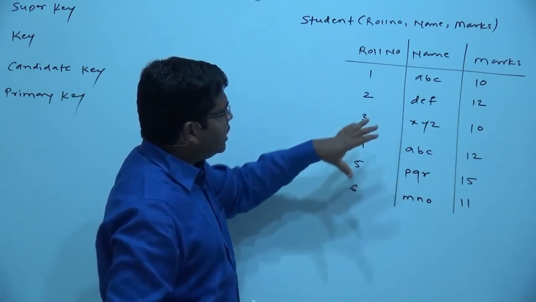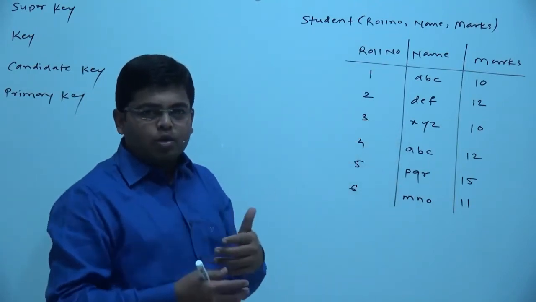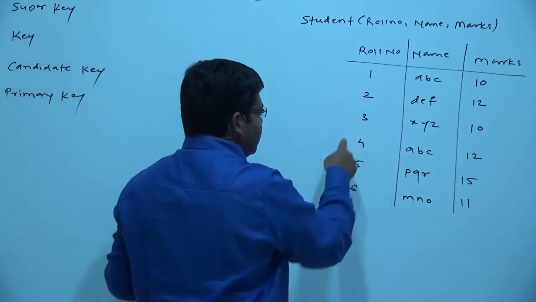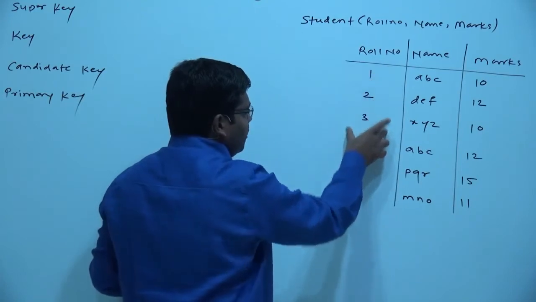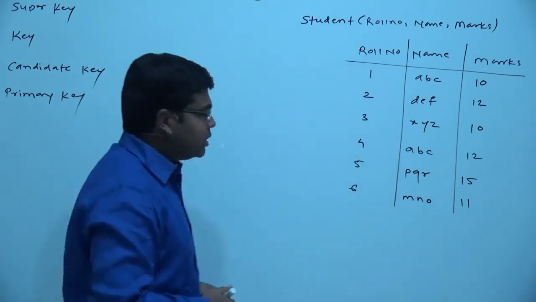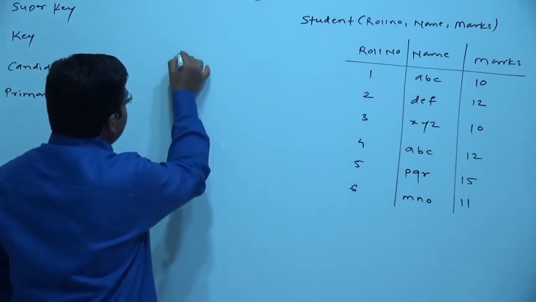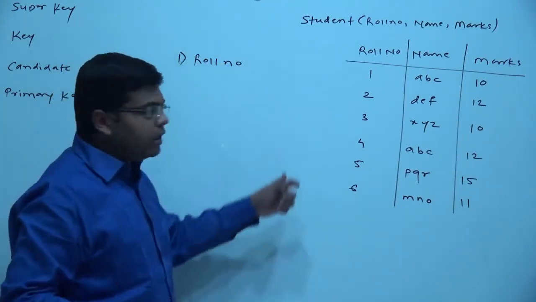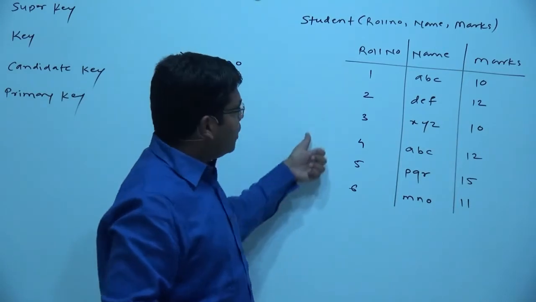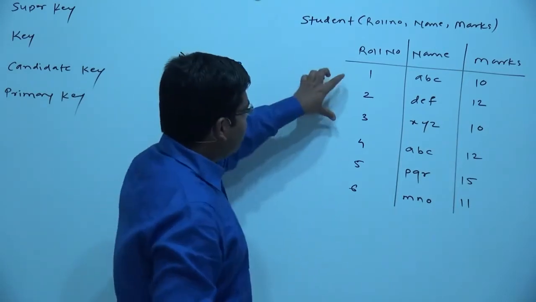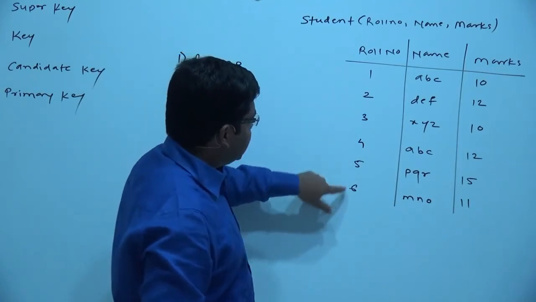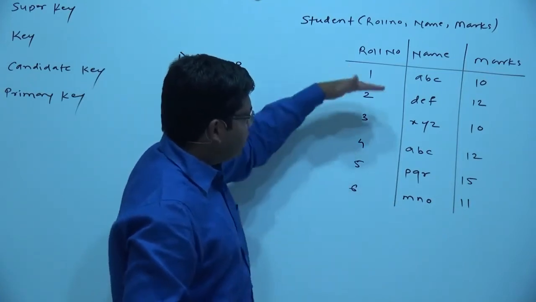Now let's observe the data and see with the help of which attributes we can uniquely identify the tuple. So first of all roll numbers are distinct and therefore roll number can be used to identify the tuples, and that is why I will say that roll number is a key for the given data, or for the given table or for the given relation. Now let's be very clear with this, because all the roll numbers are distinct, using this roll number field you can uniquely identify the tuple.